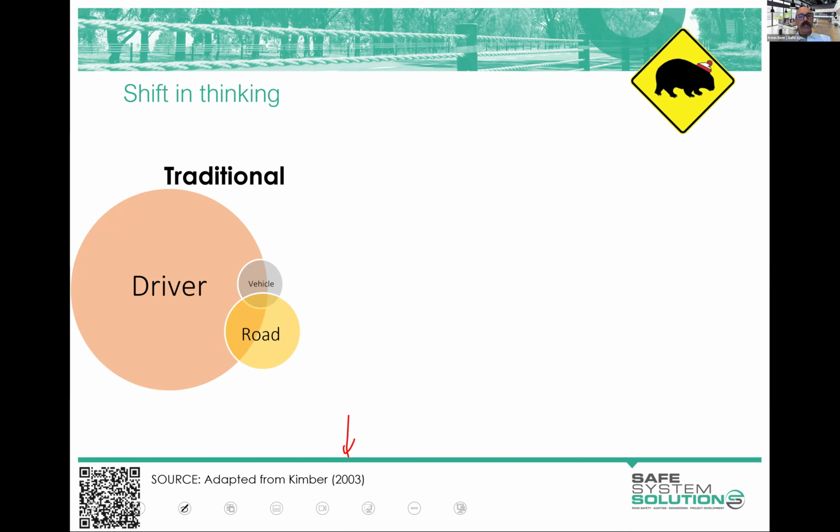Every one of these crash causation studies comes out with road user error being somewhere in the order of 90 to 95% of the cause of crashes. This one, the 2003 one, just happened to be for drivers, but it works for riders too. The reason this really grinds my gears is that this is given to people who are starting their journey